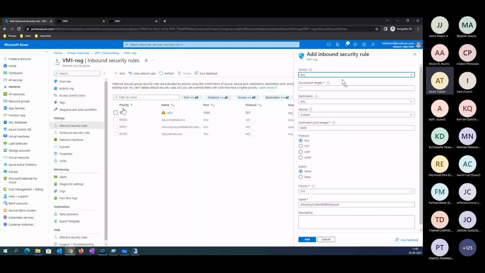For HTTP, you need to go to the portal here, inbound rule, HTTP, allow.